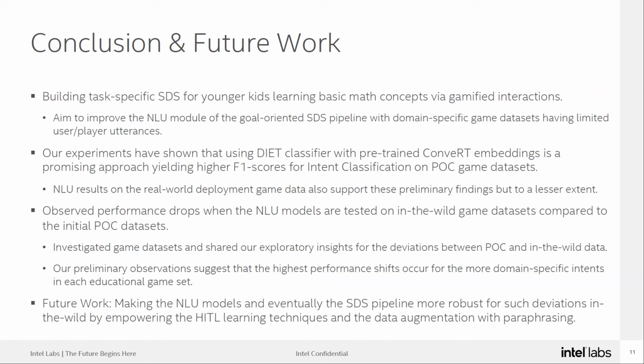But I think the results are promising, and for future work, we are right now working on some human-in-the-loop learning approaches. We are working on how we can make the clusters cleaner, how we can really separate those intents in a better way, and do some visual bulk labeling using the human-in-the-loop approach. Also, since we have very limited data, can we use data augmentation with paraphrase generation? That's another track that we're after. So that's all.